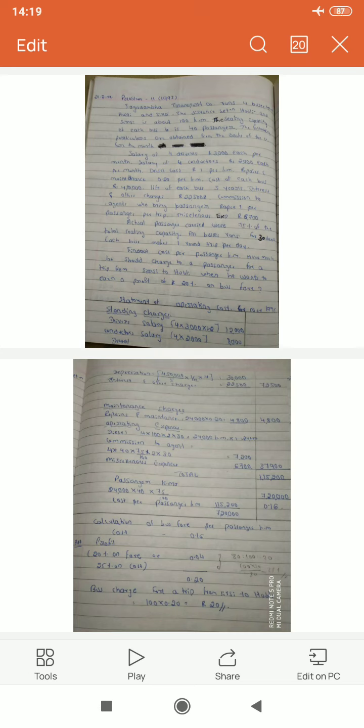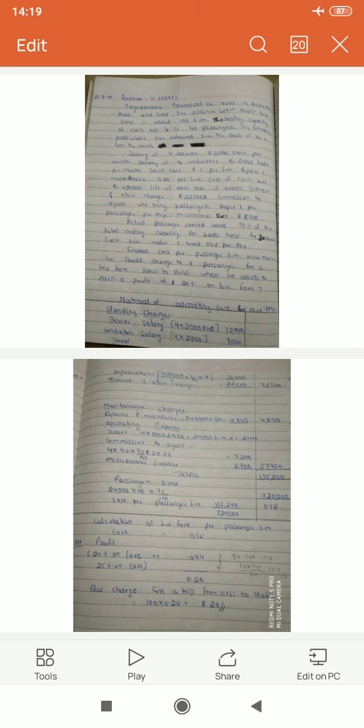Now, in the first instance, the first cost being the driver's salary. How many drivers are there? 4 drivers, each driver getting rupees 3000 per month. Therefore, total monthly cost stands at rupees 12,000. Then second head of cost, 4 conductors, rupees 2000 per month each, into 4 conductors, rupees 8000. Then diesel cost, it is running, then maintenance charges.